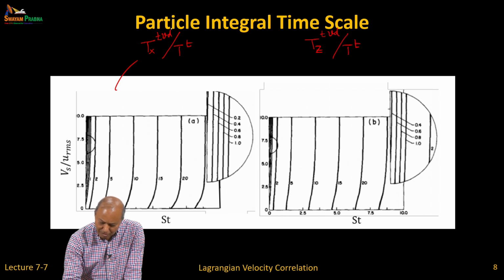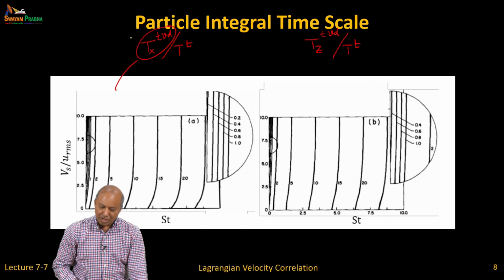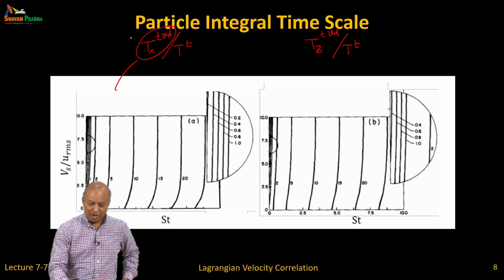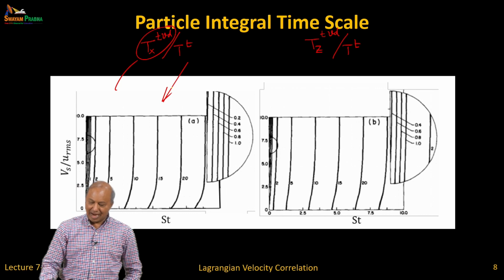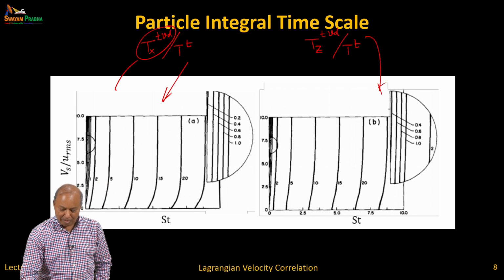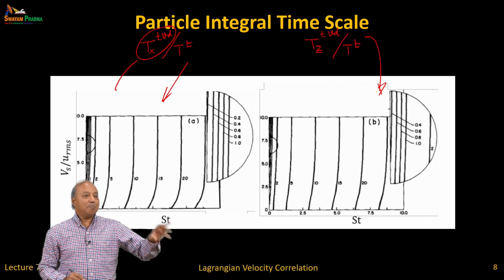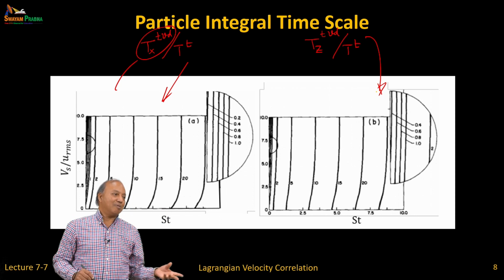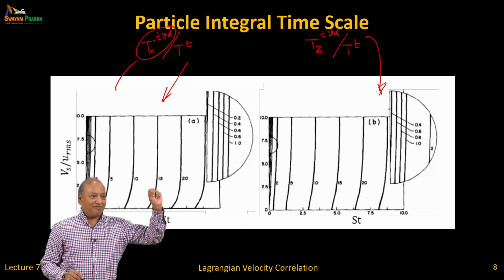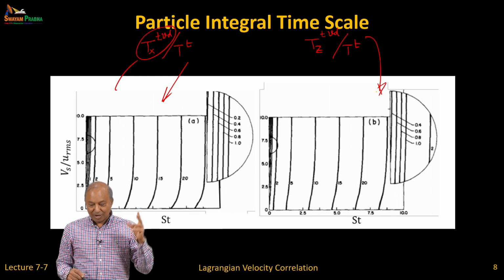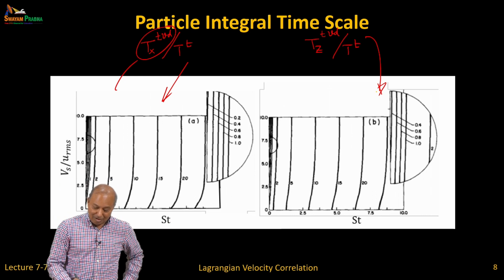So how long a particle remembers its horizontal velocity fluctuation is in this plot, and how long a particle remembers its vertical velocity fluctuation is in here, compared to how a fluid remembers its velocity at a fixed probe. So in other words, everything is non-dimensionalized. So with this non-dimensional quantity,